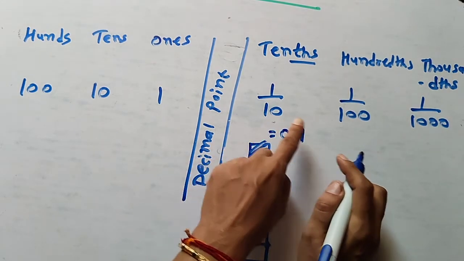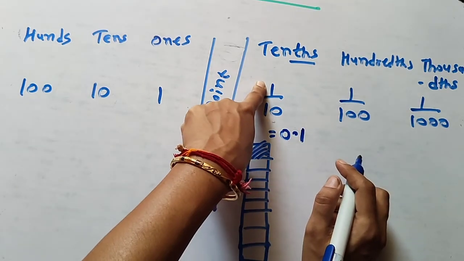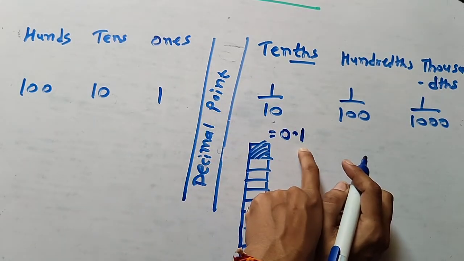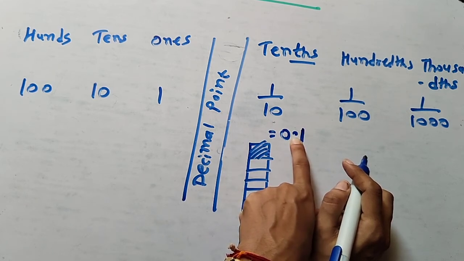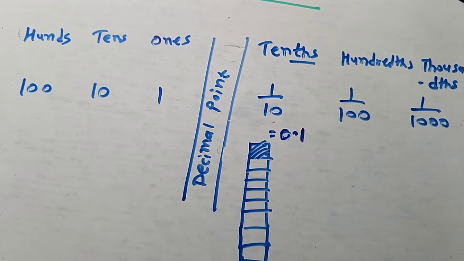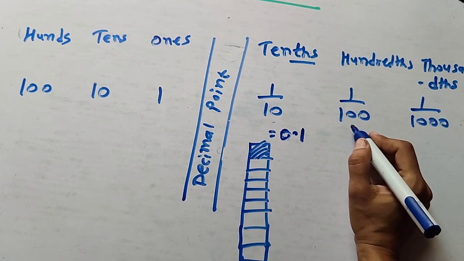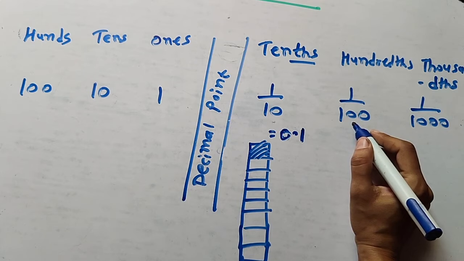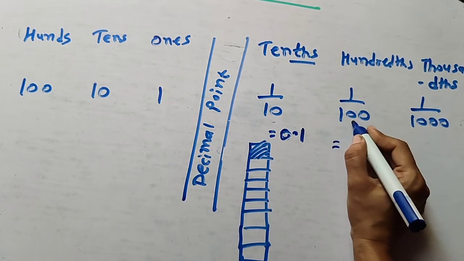See, here there is 1 zero, so after the decimal point you need 1 digit. So your numerator is 1. Okay, so you have to write here 1 as it is. Then put the decimal point before 1. Now 100 means out of a total of 100 parts, 1 part is shaded. Okay, so when 1/10 is further divided into 10 equal parts, then we get 1/100. So how to write it as a decimal number? Here how many zeros are there?